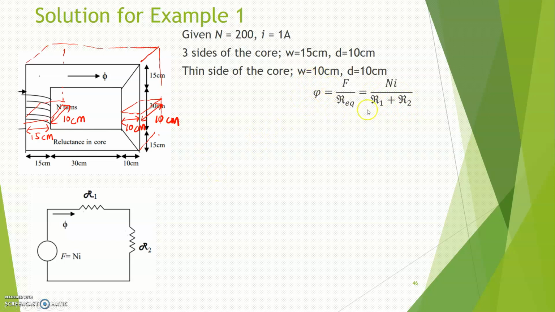Okay, so first of all, you need to find the value of reluctance 1. You know that the formula of reluctance 1 is equal to the mean length of the core 1, divided by mu 1 multiplied with the cross-sectional area of 1. So the length of number 1 will be equal to,